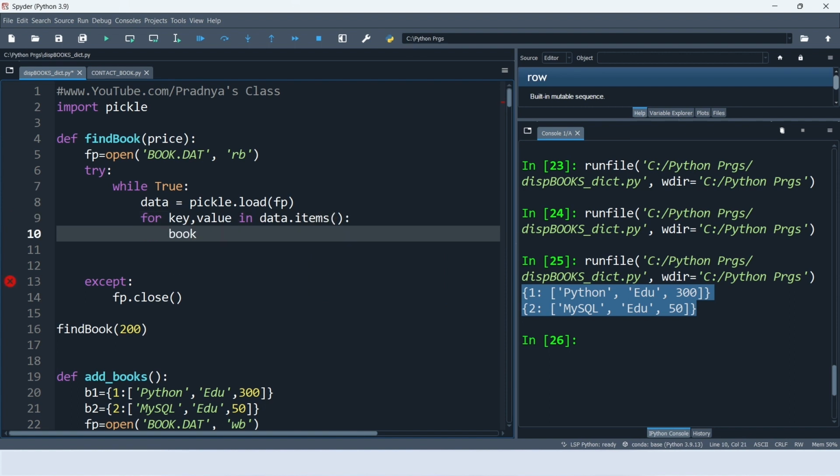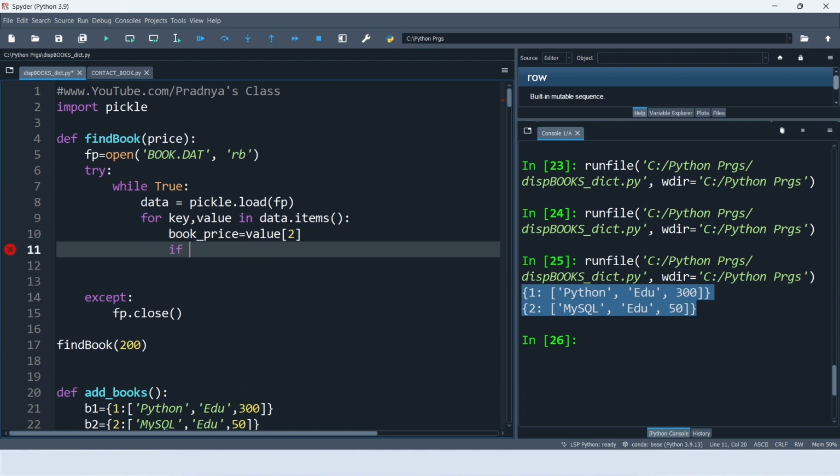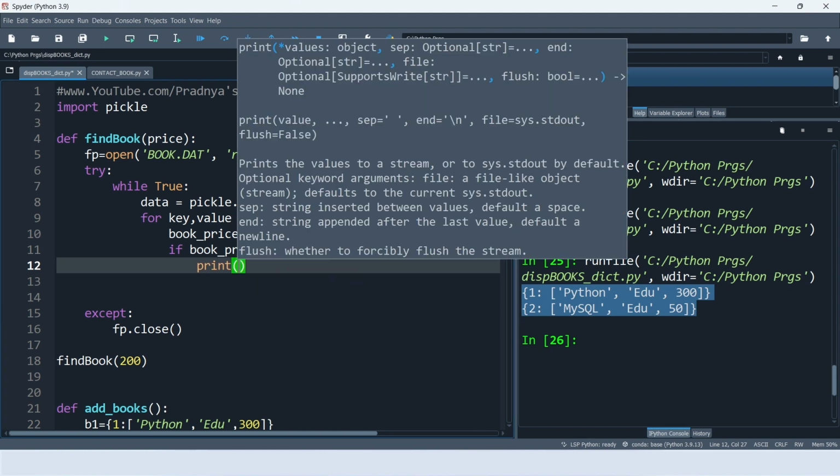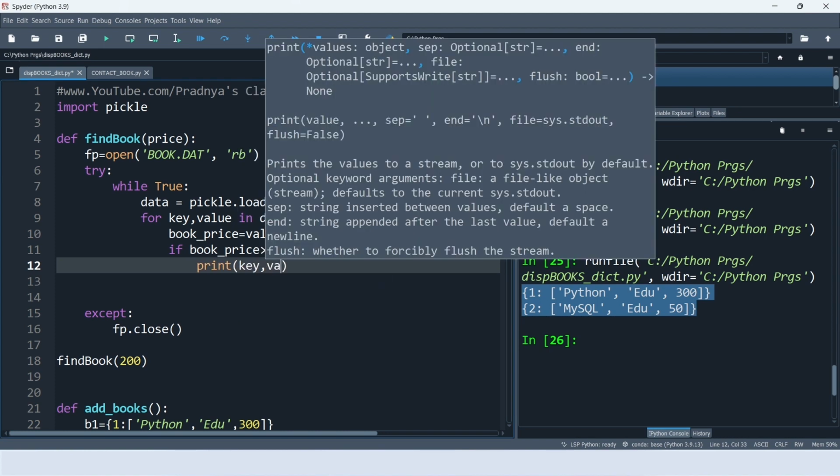Now let's take a variable to store the price of the book, which is at index 2 in the value. It's time to write the condition. If book price is greater than or equal to the price which we have sent through the parameter, in that case we will print that book. So print key comma value.